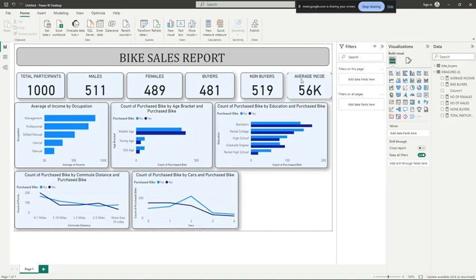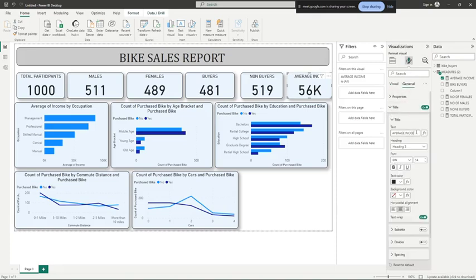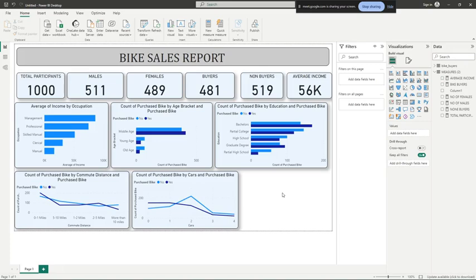So now, because of the space, this has reduced to 56k. Hold on. Okay. Average income. Yeah. So now for these two, I want to